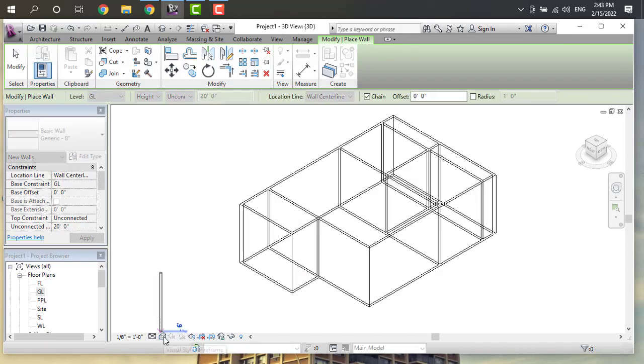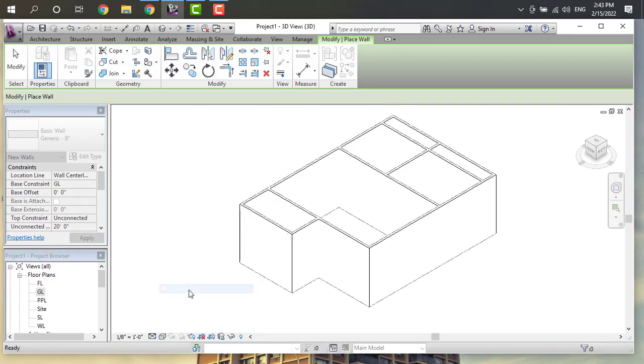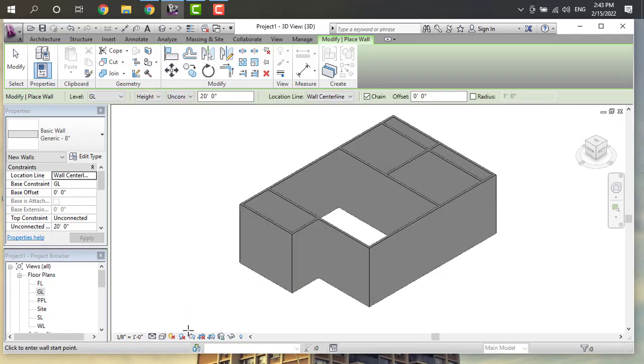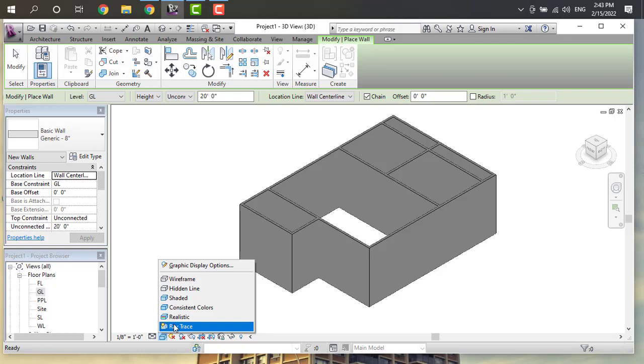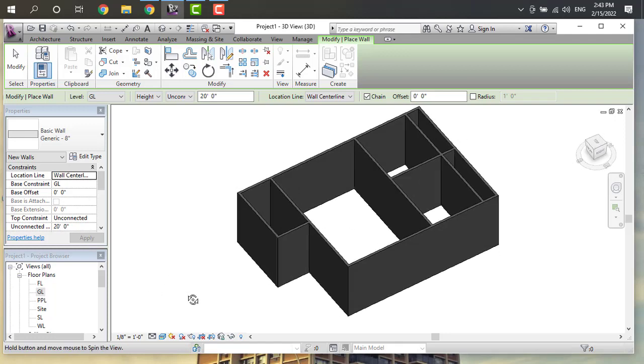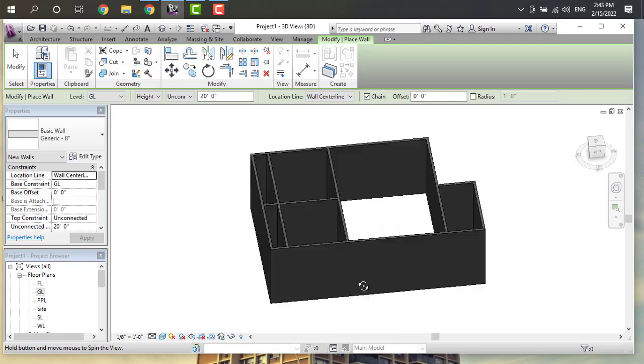This is our wireframe. Like this we can change the structure. When you press shift, it will be scrolling like this.